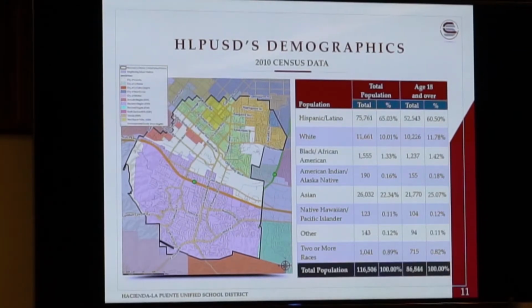I will pause to say that since we're talking about 2010 census data, we know there's a census that's starting in less than 2 months now. After that new census data is released in about April of 2021, the district, if it continues and makes this conversion, will have to look at that new census data after it is released and determine if the map is still in compliance with that 10% variance, or if there need to be changes made in order to bring it in compliance with that new population data.